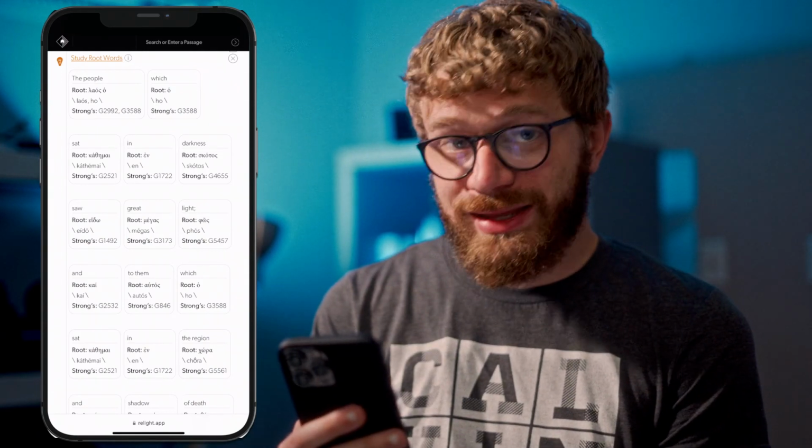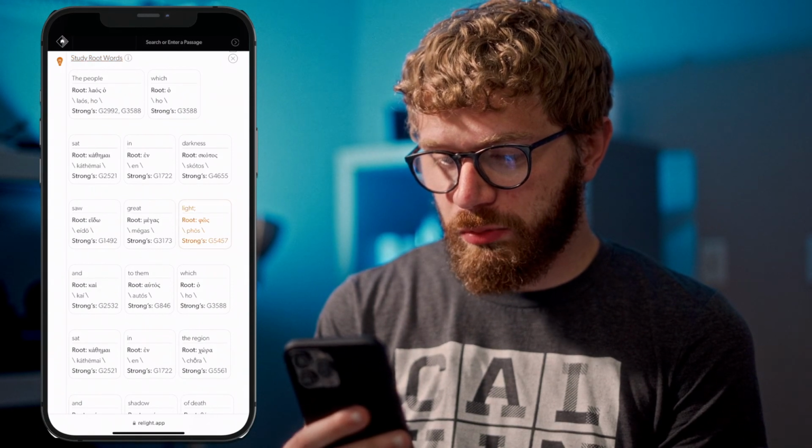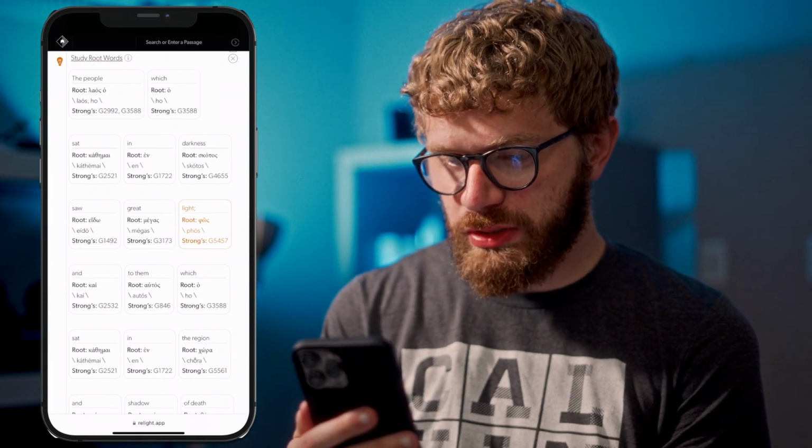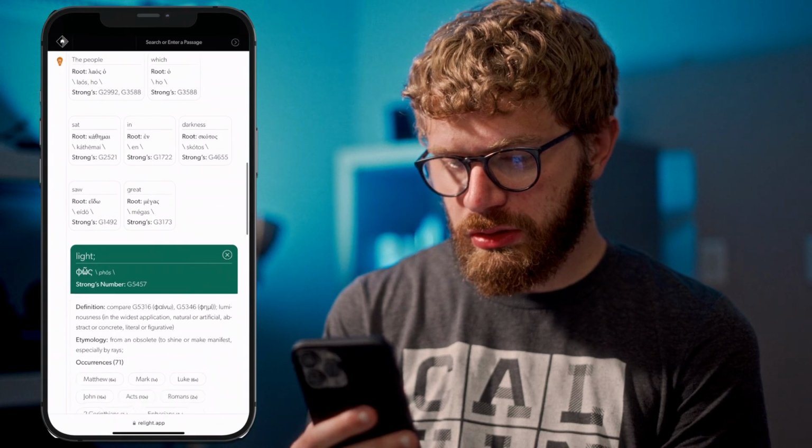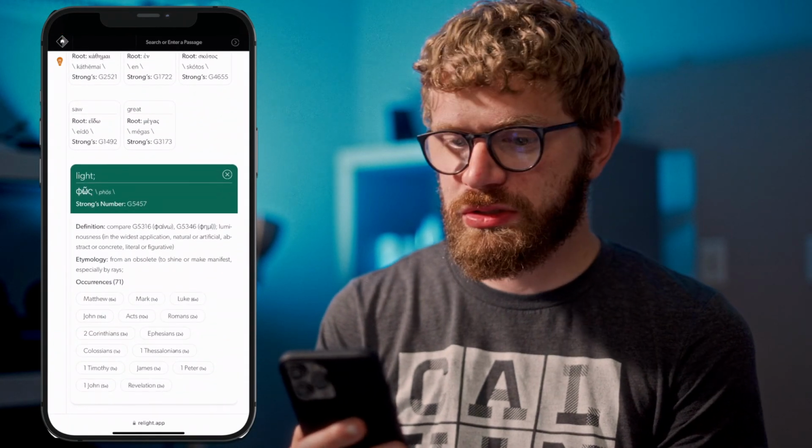And so I'm just going to go ahead and tap on it. These things are tappable. And once you do that, you will see... Not sure, our internet here must be really slow.